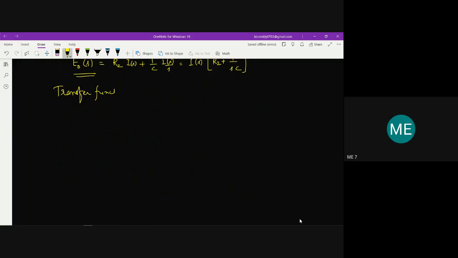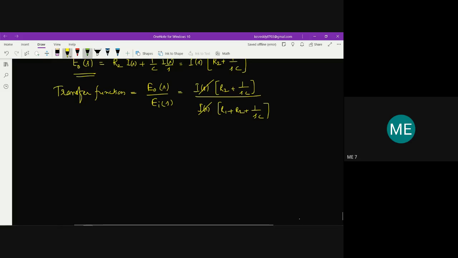The transfer function of the given network is e naught of s by ei of s. So we need to write what e naught of s is. e naught of s is equal to i of s into R2 plus 1 by sC, divided by ei of s, which is equal to i of s into R1 plus R2 plus 1 by sC. So these two i of s will be cancelled out. So I'll get e naught of s divided by ei of s is equal to